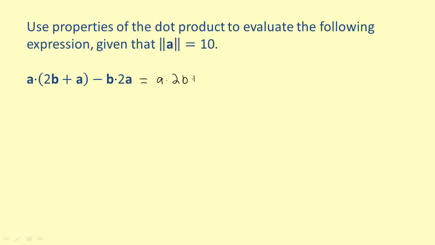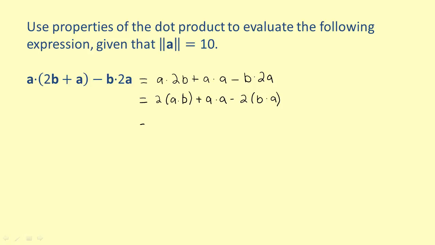This allows us to write the initial expression as the dot product of a and 2b plus the dot product of a with itself minus the dot product of b and 2a. Then we use the associative property to rewrite the dot product of a and 2b as twice the dot product of a and b, and to rewrite the dot product of b and 2a as twice the dot product of